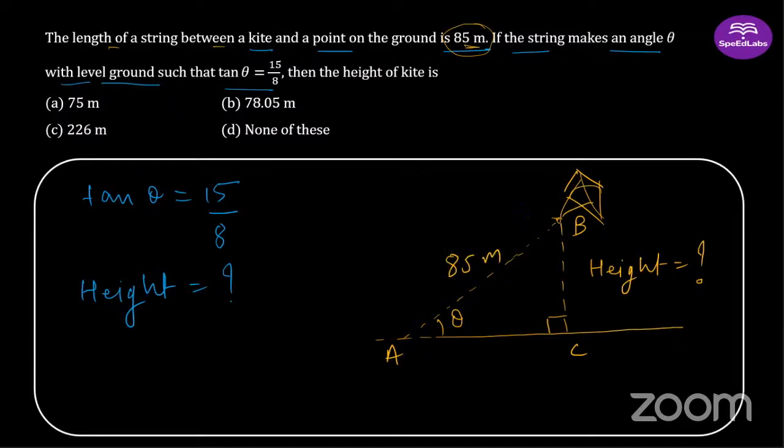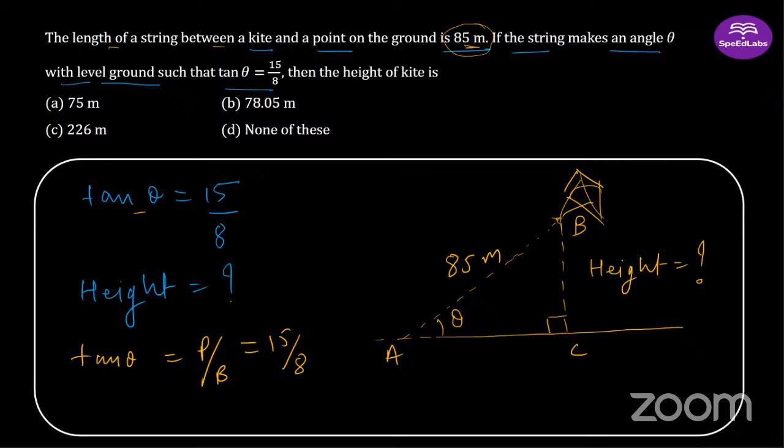So we know AB. We are asked this height. And then we know the angle, that is tan theta. So if we apply tan theta directly, they have said that the angle made at A is theta, and they have given tan theta, so tan theta is equal to 15 by 8. So this P by B is equal to 15 by 8. But see, we are stuck here because we also